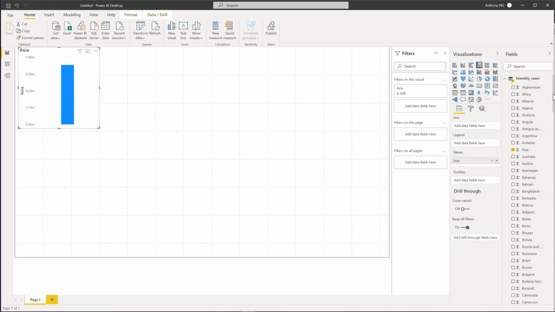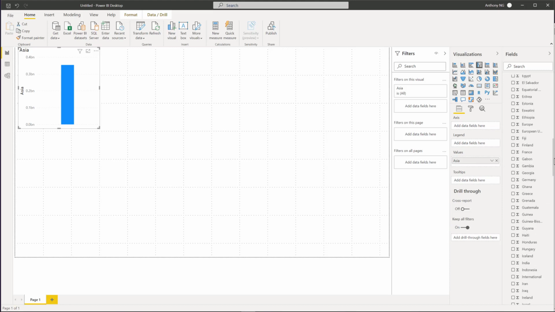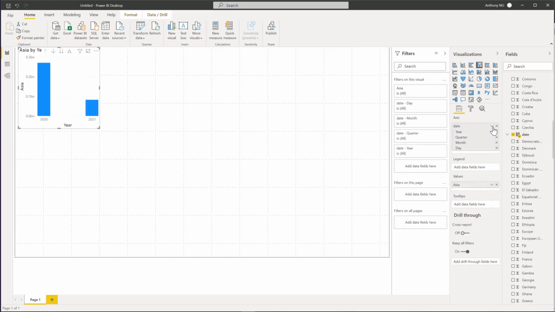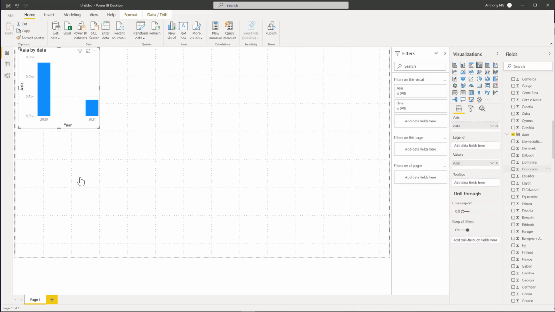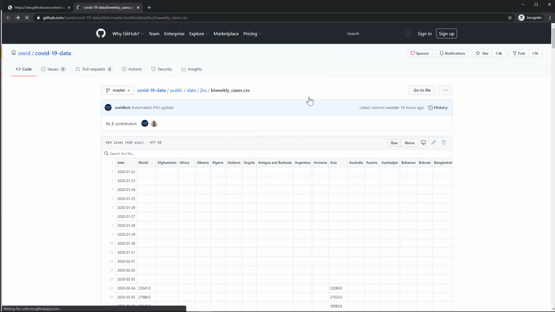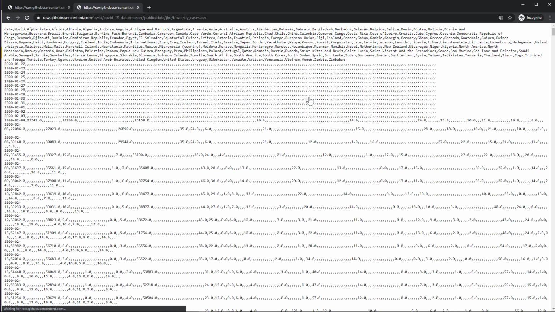The other part that you do need is to scroll down to the date part. The date is right here. Select the date and convert this into date rather than hierarchical. Then you will see a timeline format this way. To summarize, you do need to convert your data from URL to the raw format in order for this to be accessed by Power BI.